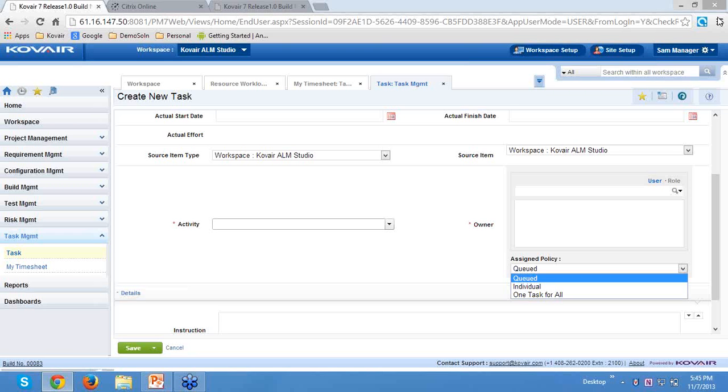Then we have scenarios for one task for all, like the general tasks in a project, such as project meetings. All the participants or stakeholders may want to book time against those project meetings. It is not necessary, or even wanted, to create multiple tasks for each of them. So you can have one task for all: the task is one, but multiple people can book time against it. With that, I will conclude my presentation for today, and I will open up for any question and answer if we have it.